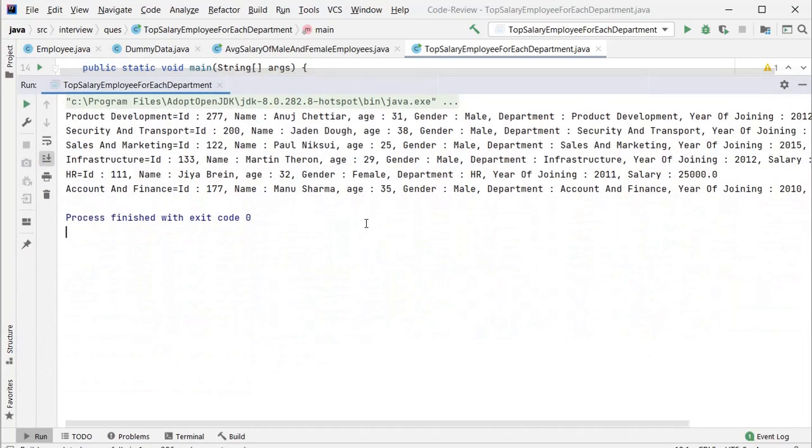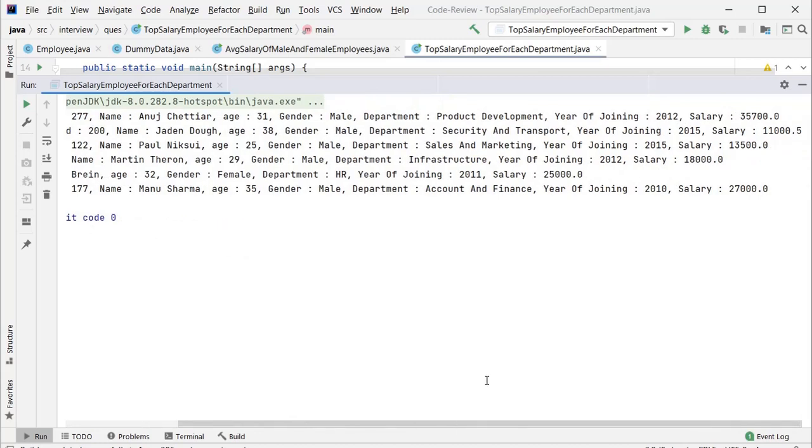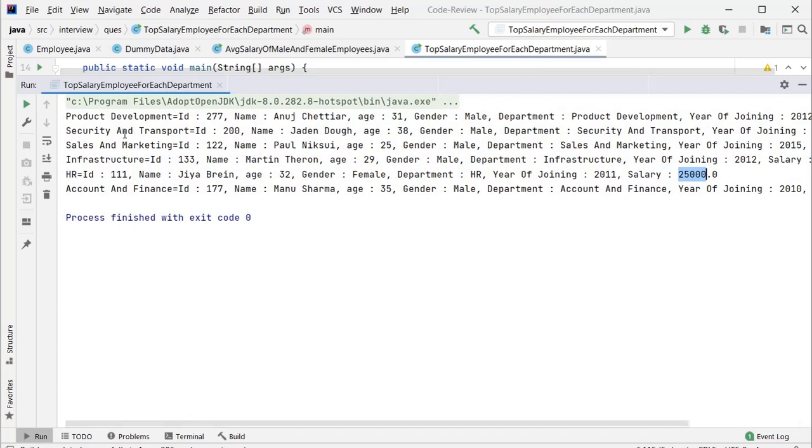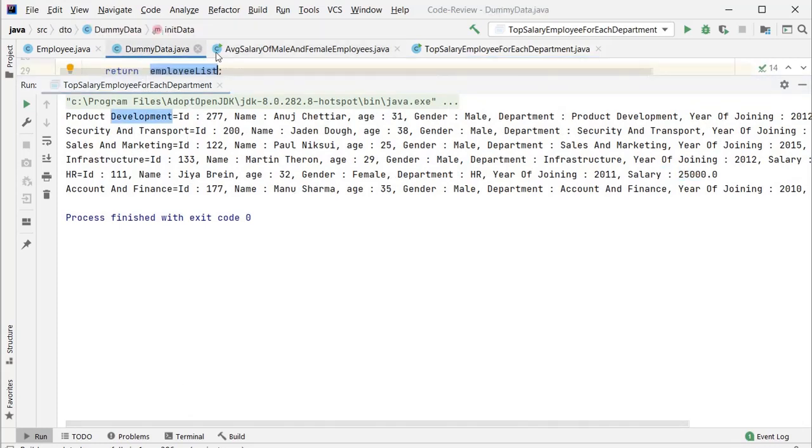So here you can see the records of all the departments. The records are coming from all the departments. You can see no department is repeated here, and they are displayed with the max salary. If you want to cross-verify from the data, I'll cross-verify one. Take the product department, and I'll go inside the Dummy data class.